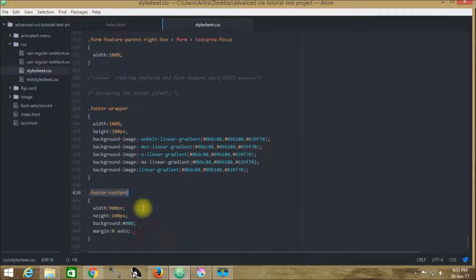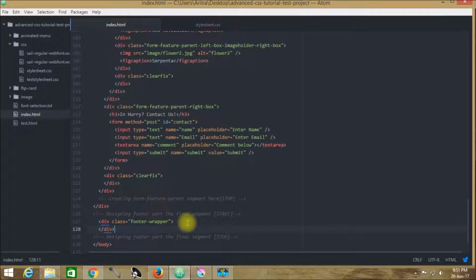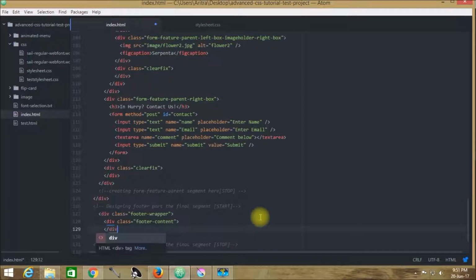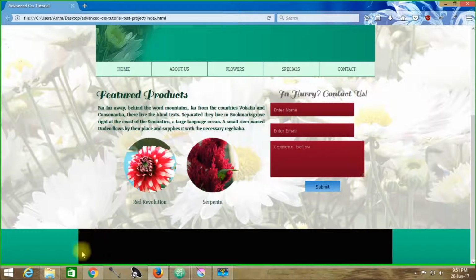Now let's copy this and call another div inside this div wrapper, and we are providing the div class footer content over here. So we can see that a 900 pixel footer div appears inside this footer wrapper. All we need to do now is create two more divs inside this.